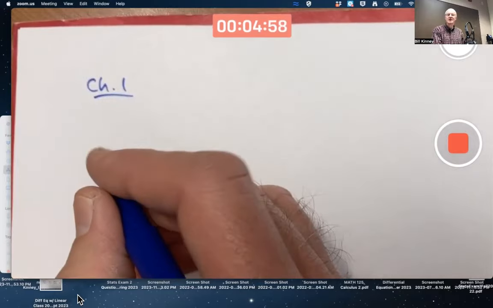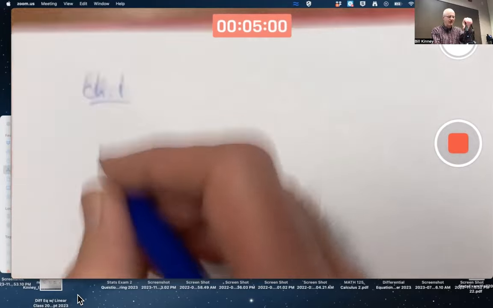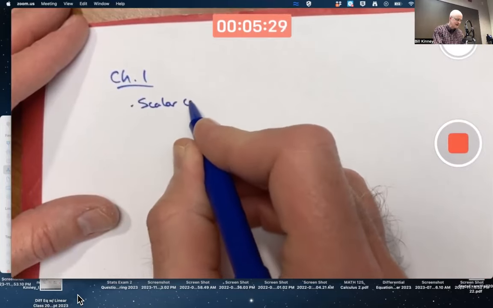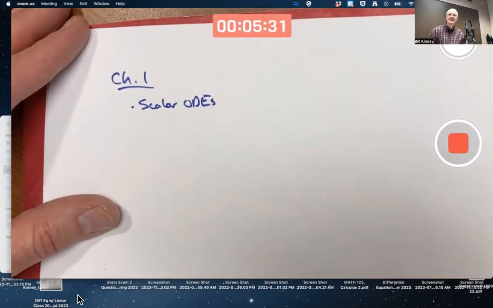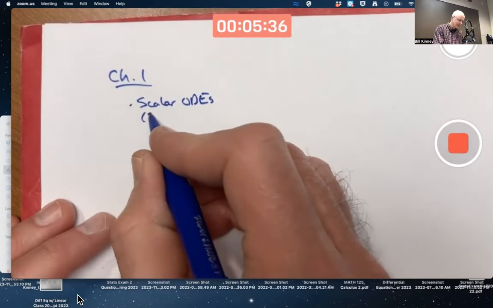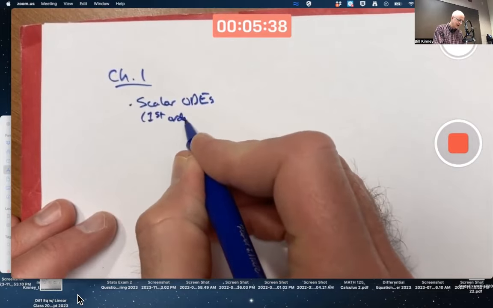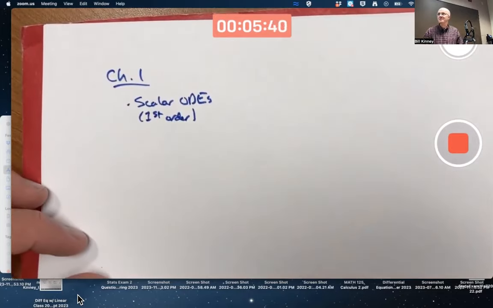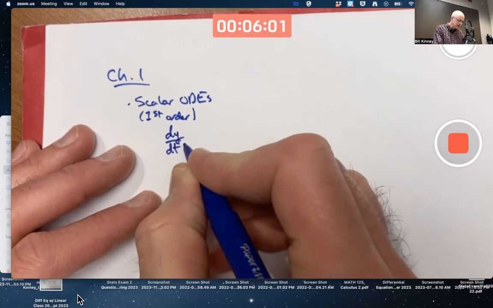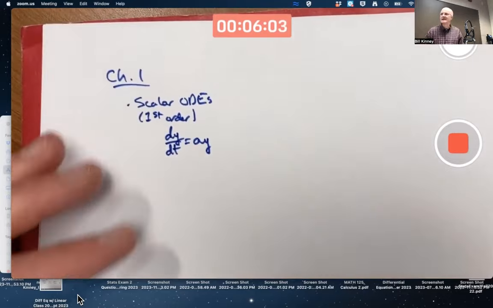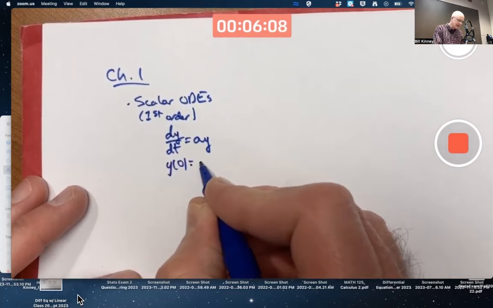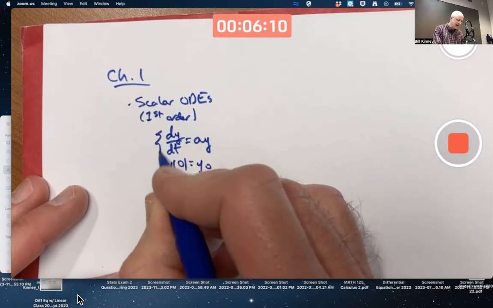As far as differential equations goes, in chapter 1, we started off with scalar differential equations, scalar ODEs, first order, involving first derivatives, including our favorite scalar ODE, dy dt equals, say, little a times y, with, say, an arbitrary initial condition, y of 0 equals y sub 0, or y naught, as we called it,